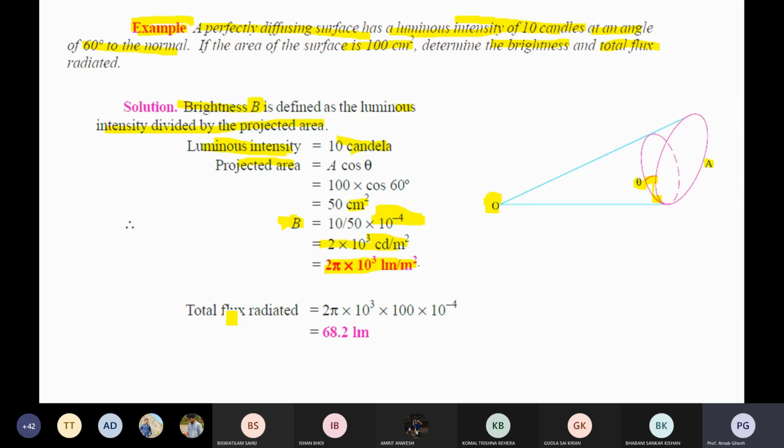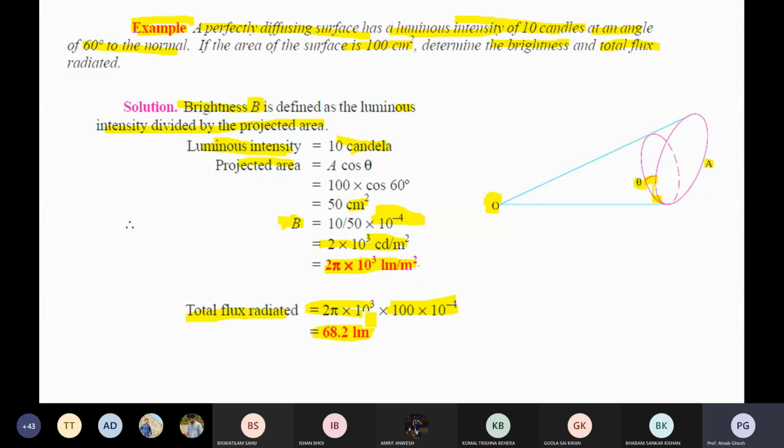I think all of you are able to understand this simple problem. You can calculate it. When you are preparing, within the next week maybe, the illumination chapter will be completed. After that, you have to submit the class note on it. So day to day you should update it.